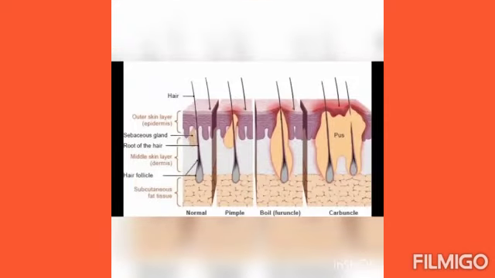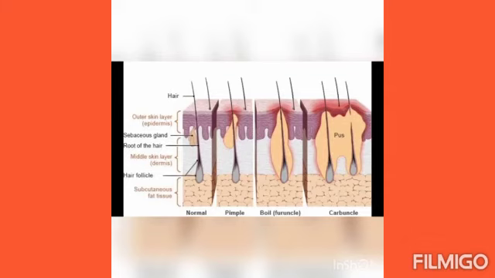Okay, in this picture you can see the difference between folliculitis, furuncle and carbuncle. Okay, folliculitis is otherwise known as the pimple, and furuncle is otherwise known as the boil, and carbuncle is a cluster of boils. Okay, so in the anatomy we can see the normal anatomy of the hair follicle. Okay, in the pimple or folliculitis, the upper portion of the hair follicle is affected and it is very small.